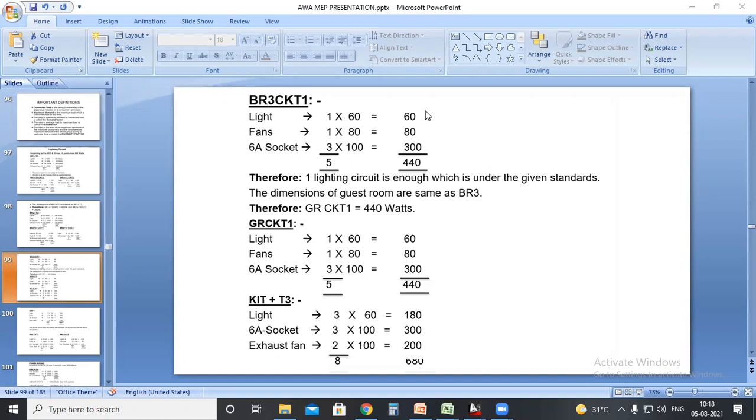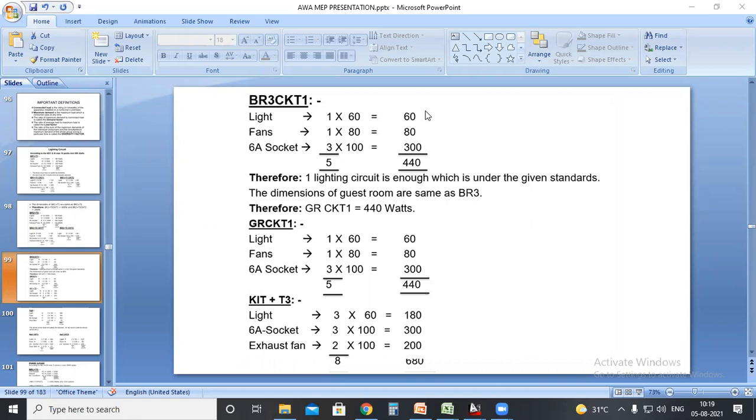Okay, because comparing two toilets, it will not make any issues. But comparing two bedrooms might be an issue. Because one issue is that it will exceed the number of points, and another is if some overcurrent is happening in bedroom 1, it will also affect bedroom 2. But if it is very few points, you can combine bedroom 1 and bedroom 2. Okay, 680 watt as the total load on kitchen circuit, one circuit.